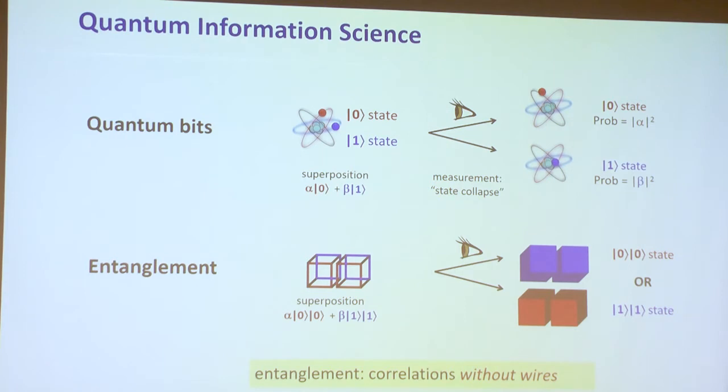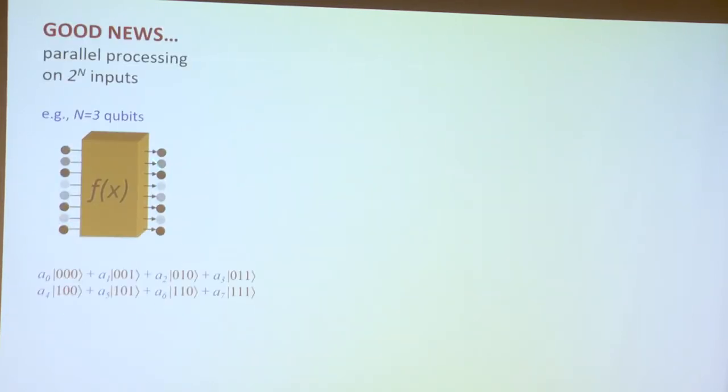So very quickly, the motivation of quantum computing, I think of it as a story of good news, bad news, and good news. And the first piece of good news is maybe along the lines that Feynman considered. When we have circuits of individual atoms, we can have superposition. So the first piece of good news is that if we put lots of qubits together, well, 3 is not lots, but let's just stick on 3 here, because I don't have enough paper to write down many more than that.